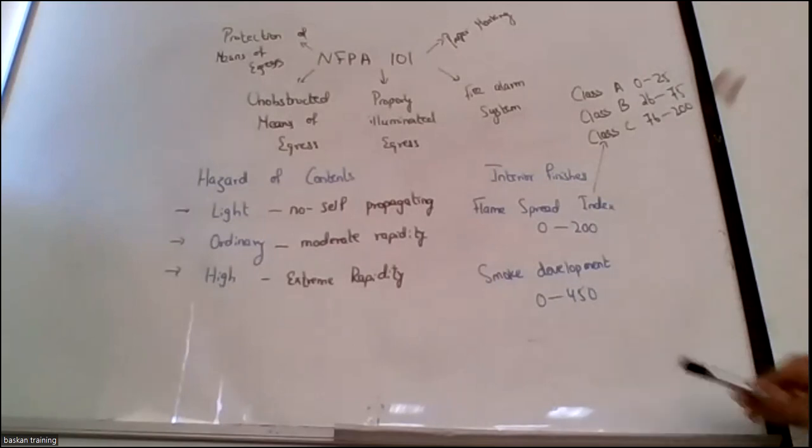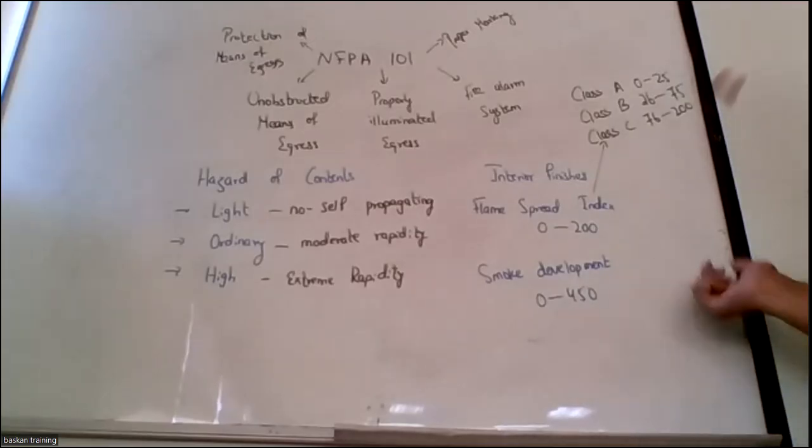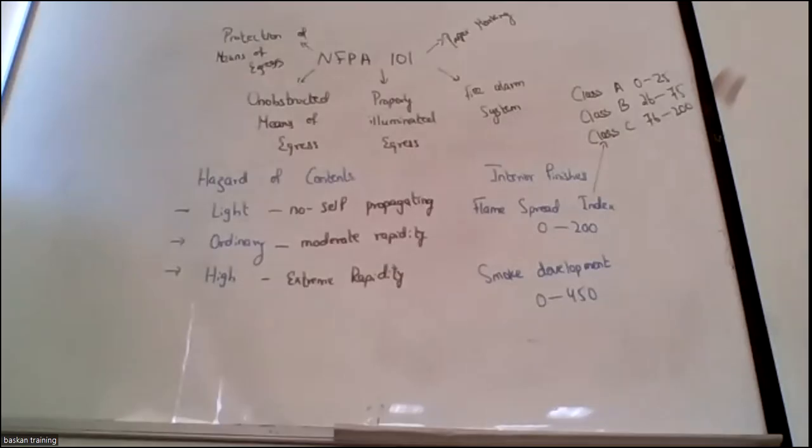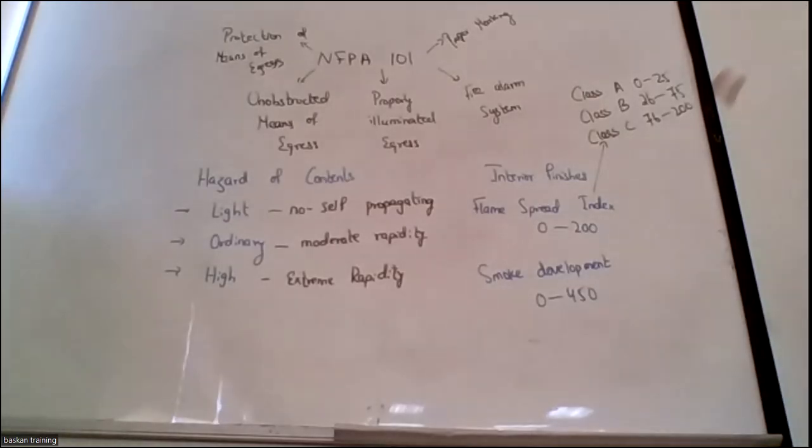Smoke development ratio of any material should be 450. This is also an index or scale value. 450 indicates that the material still provides enough visibility for the people to evacuate. But if it exceeds 450, it means more black dirty smoke is appearing. For example, semiconductors, laptops, computer shops, where they have too many PCBs, or tires, plastics, rubber industries, whenever they burn, they tend to give off black dense smoke. So it exceeds the smoke development ratio.